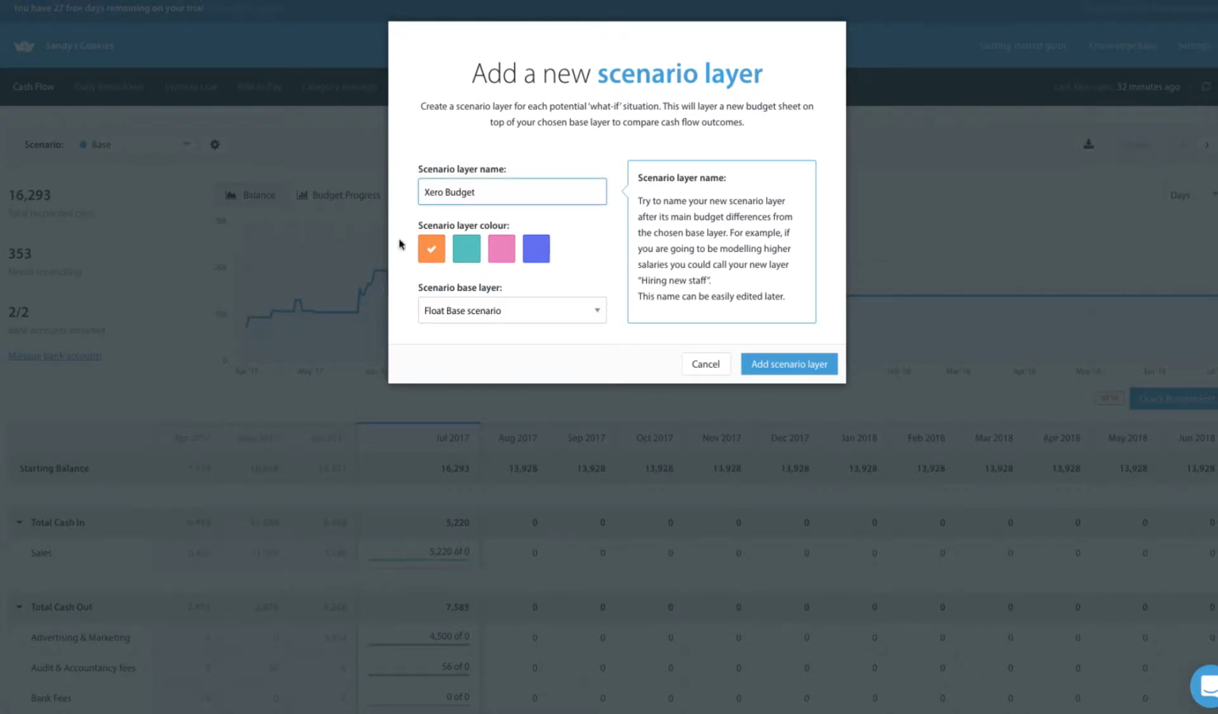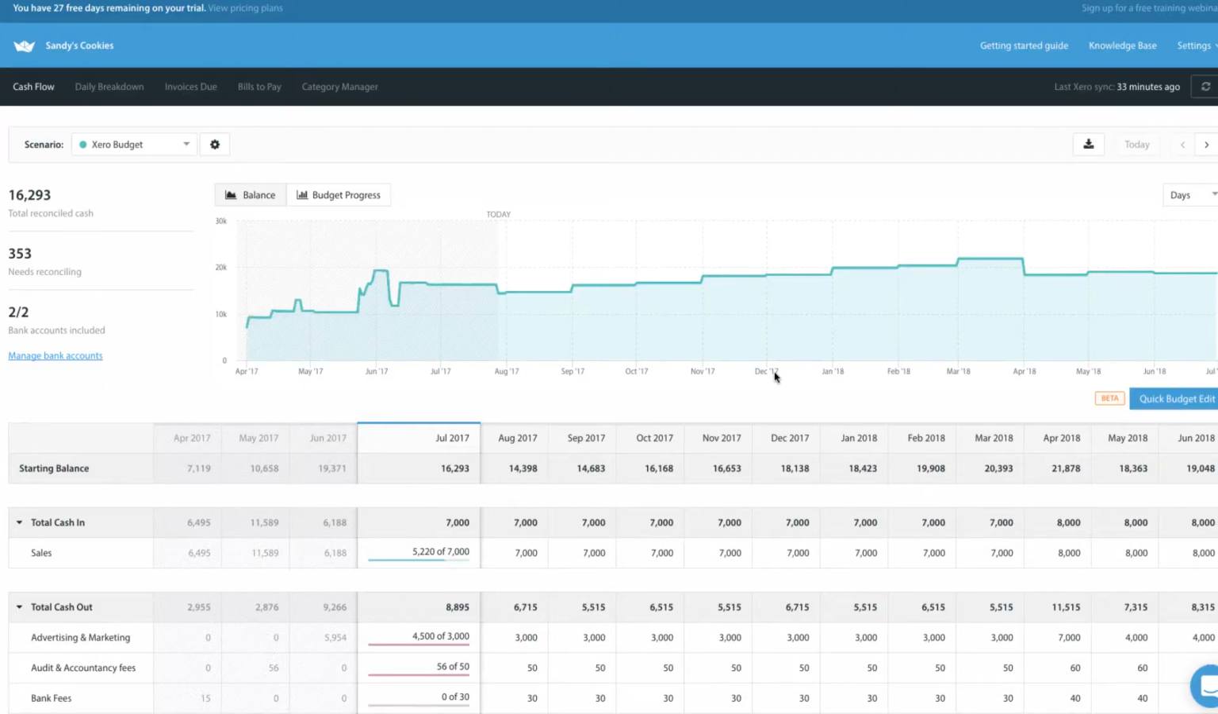After naming your scenario, maybe something like Xero Budget or P&L Budget, and choosing a color, click the Scenario Base Layer drop-down menu and select the option to use Overall Budget from Xero. Pressing Add Scenario Layer will add your overall budget from Xero into your cash flow forecast as the base scenario